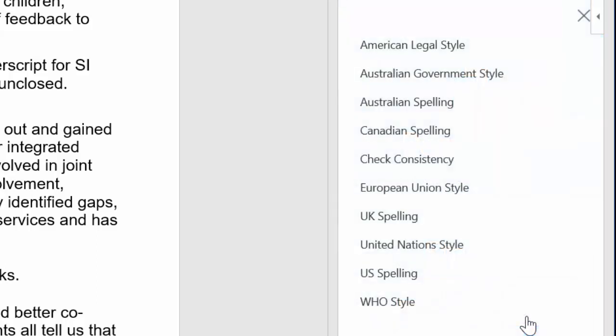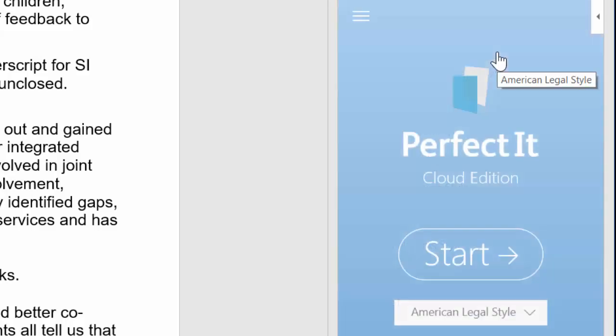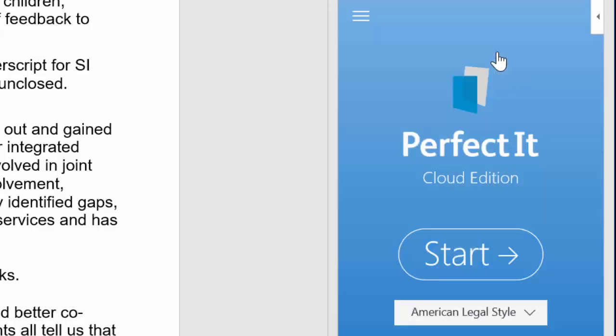And it isn't just consistency. You can also use PerfectIt to check a specific style. Instead of looking for consistency, choose the style manual you want to enforce. Available styles include United Nations, European Union, or American legal style, as well as spelling preferences for the UK, US,